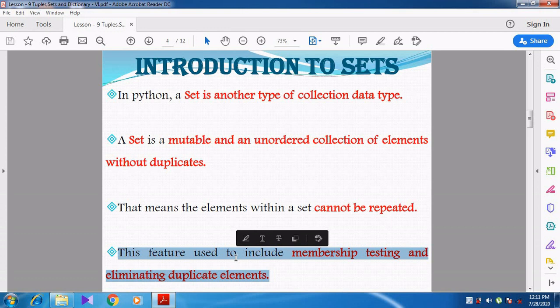How many members are there inside the set? If the same data is repeated again and again, the number of elements will be more. So for removing the duplicates and for testing the membership, the set does not allow duplicate data.